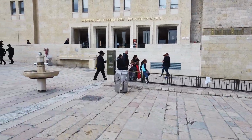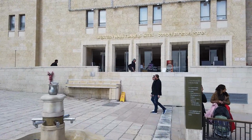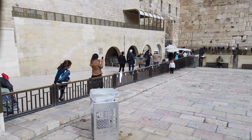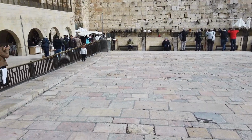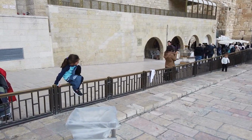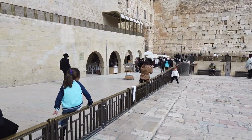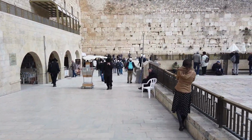Now this is the entrance to the Western Wall tunnels, and when we come on a tour to Israel, this is what we do. We go down through the Western Wall tunnels, and the tunnels run parallel. They run towards the wall, underneath the ground, and when you get to the actual wall, turn to the left, and we'll keep walking all the way out through the Muslim quarter, or under the Muslim quarter, until we exit near the Lion's Gate. So let's go down there, and then we'll answer a little bit